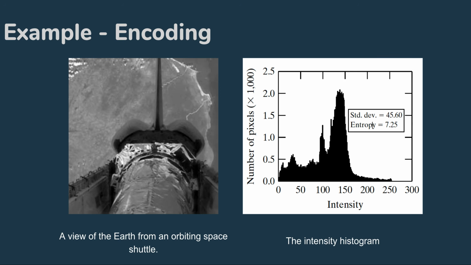Now we will see an example where the predictive encoding is done in practice. This is an image of the Earth from an orbiting space shuttle, and this is its corresponding histogram. The standard deviation and entropy of this signal are given here. The standard deviation represents the spread of the signal from the mean value, and entropy indicates how many different values are there in the